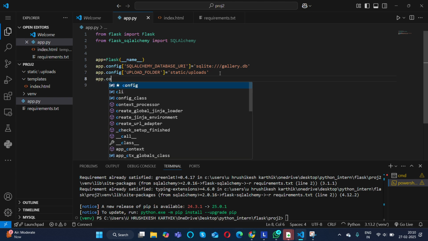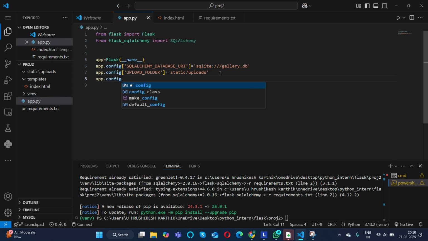Next, app.config. This is just in order to prevent any potential warnings.